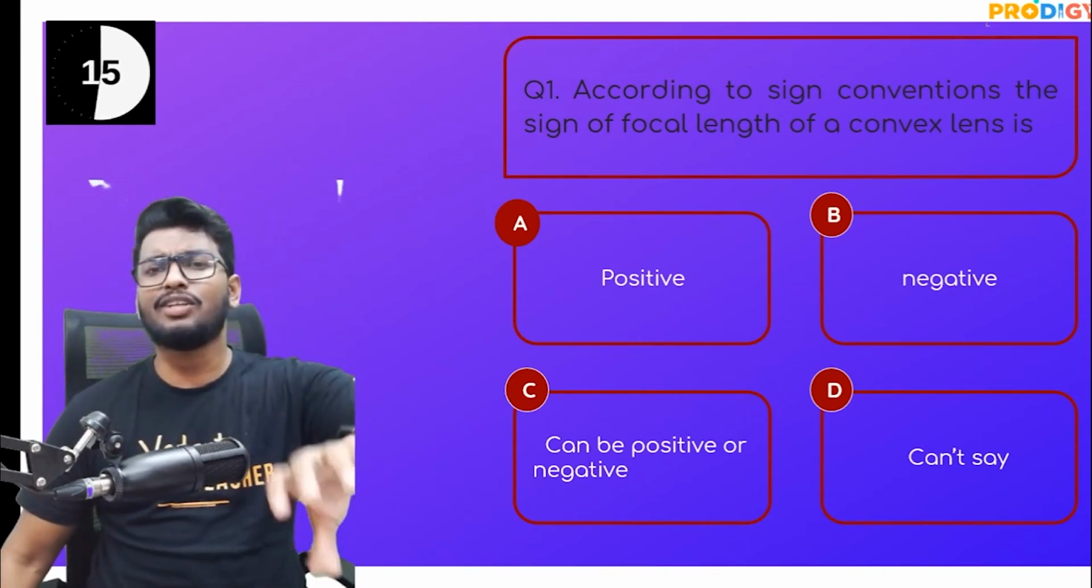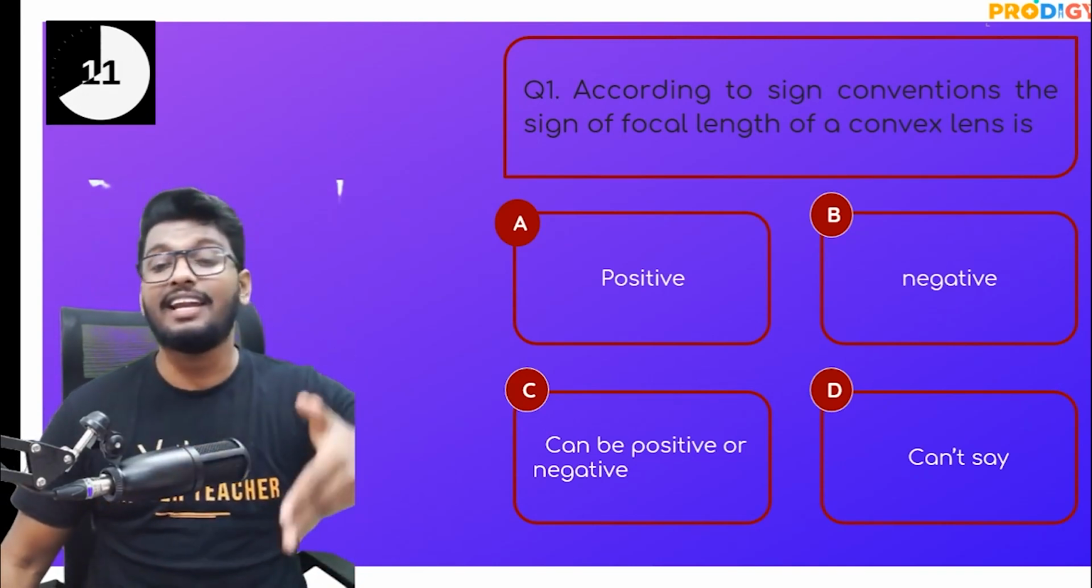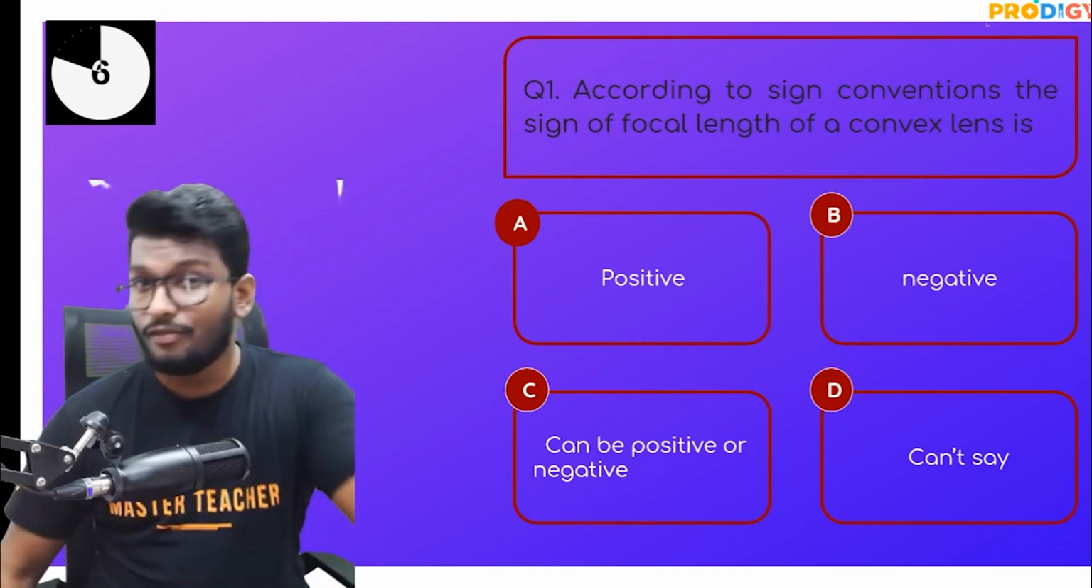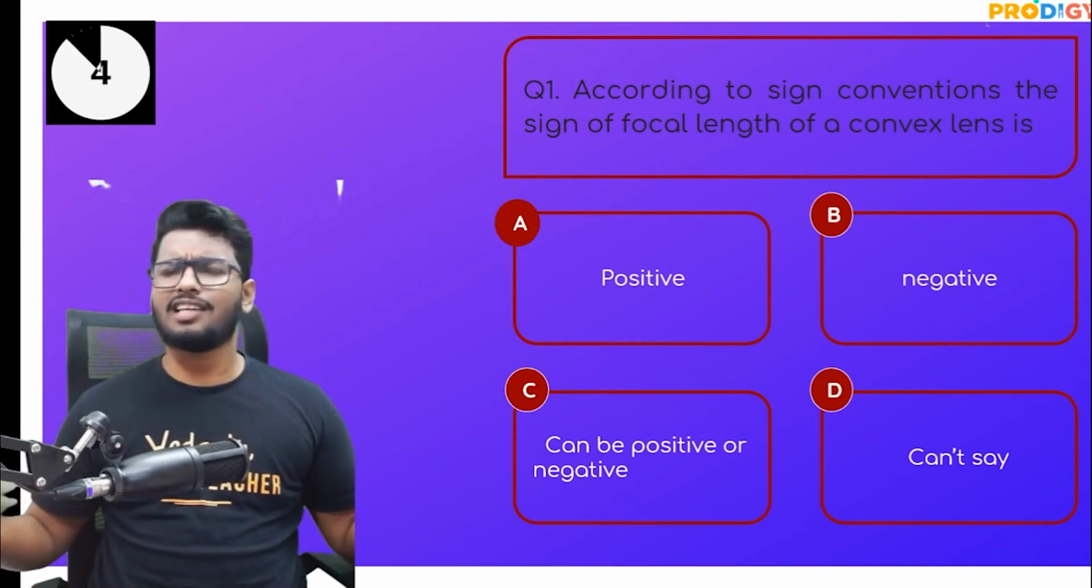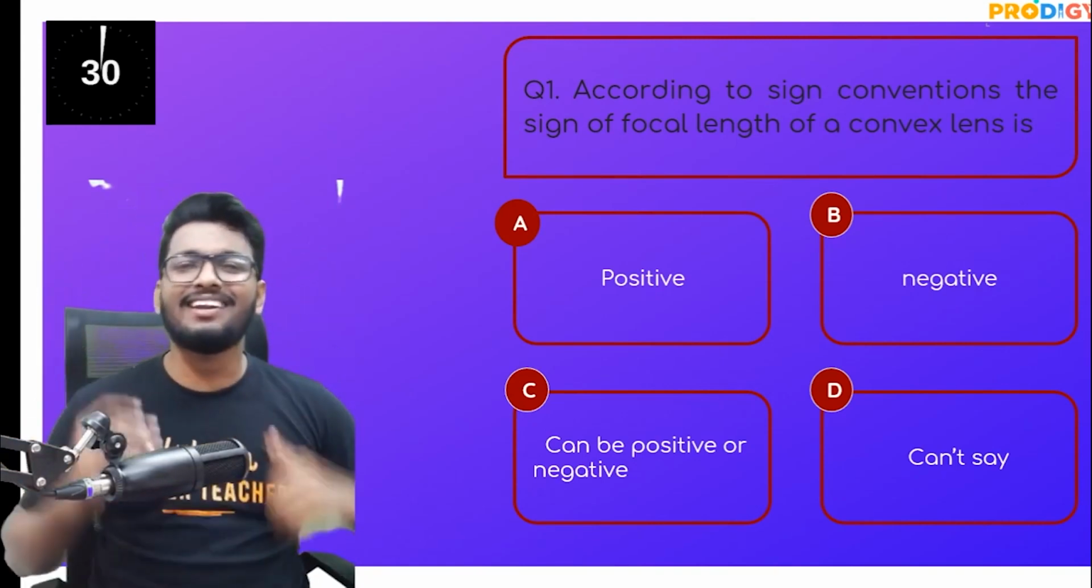What would be the sign convention of a convex lens, or focal length of a convex lens? Is it positive, negative, can be positive or negative, or can't say? 5 more seconds, guys. I know you know the answer. If you do not know, you need more time, pause the video, go through it, and then get the right